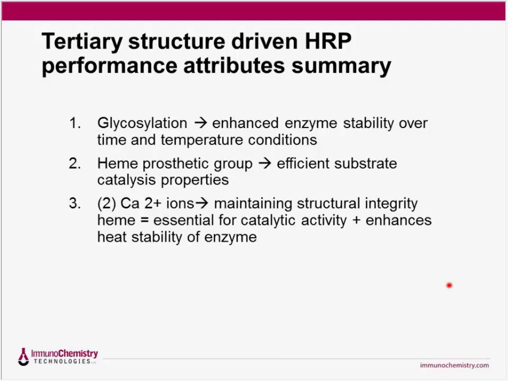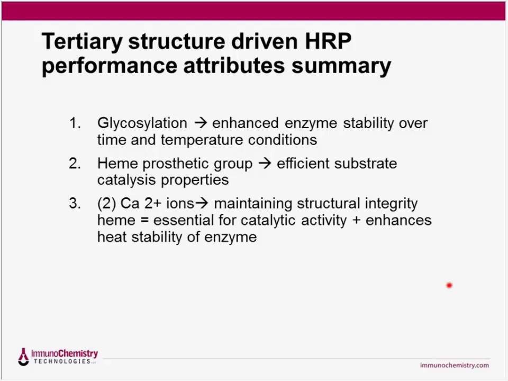The heme prosthetic group, by its nature, electronically, has a very high ability to catalyze substrate. So peroxidase has a very high substrate turnover rate because of the chemistry mechanics of the prosthetic group that it contains. In addition, there are 2 calcium ions associated with the enzyme, and they are more important than you would